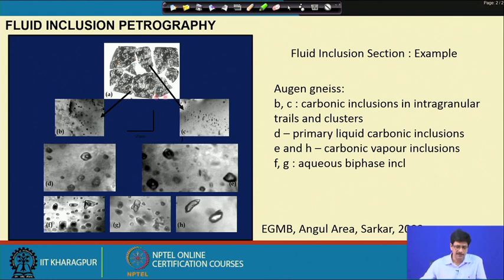So, now this particular fluid inclusion section has been divided into different fragments for ease, not only for ease of doing the microthermometric analysis, but also in terms of occurrence of fluid inclusions in different parts, which could very well be labeled. For example, the arrow shows the occurrence of pure carbonic inclusions in the form of clusters as well as trail bound, and in some other part there are pure carbonic inclusions occurring as part of a 3-dimensional network, there are vapor carbonic inclusions.